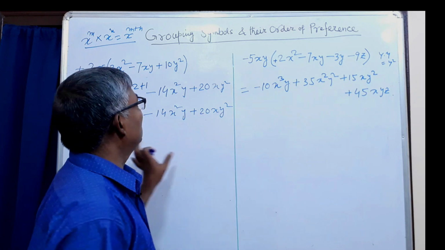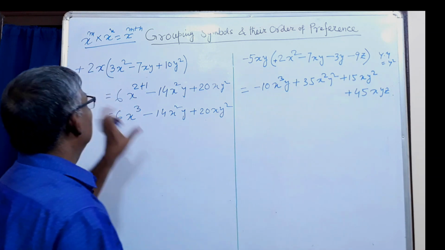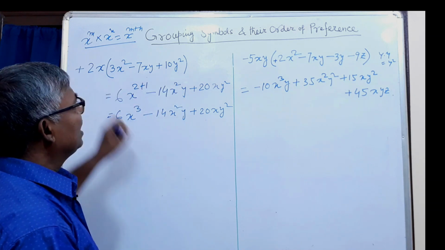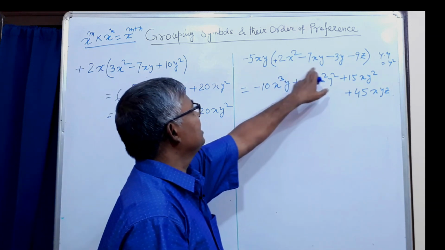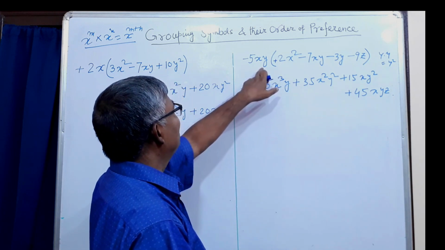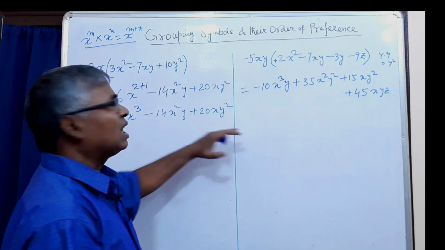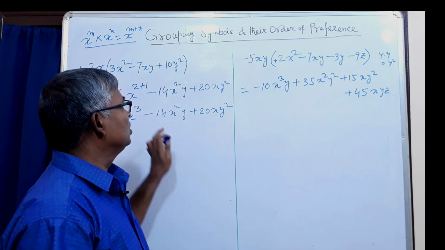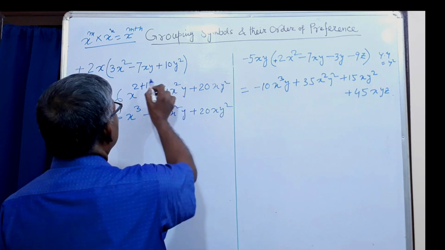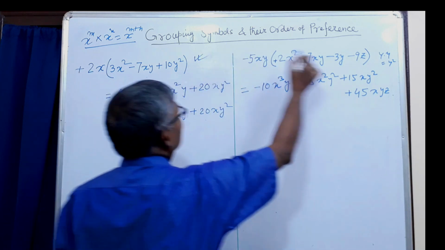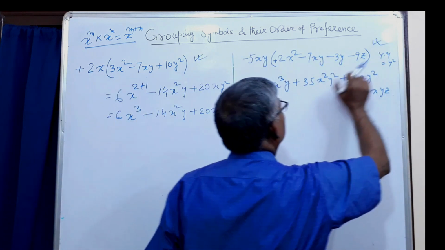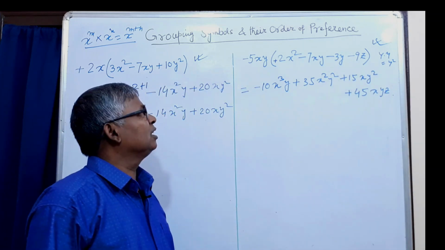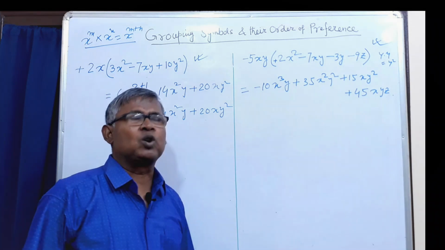So I think both the cases, whenever an expression is multiplied by a positive term and whenever an expression is multiplied by a negative term, both the problems are clear to you. I like to advise you, please follow this type of problems many times, and you will face no problem at all.